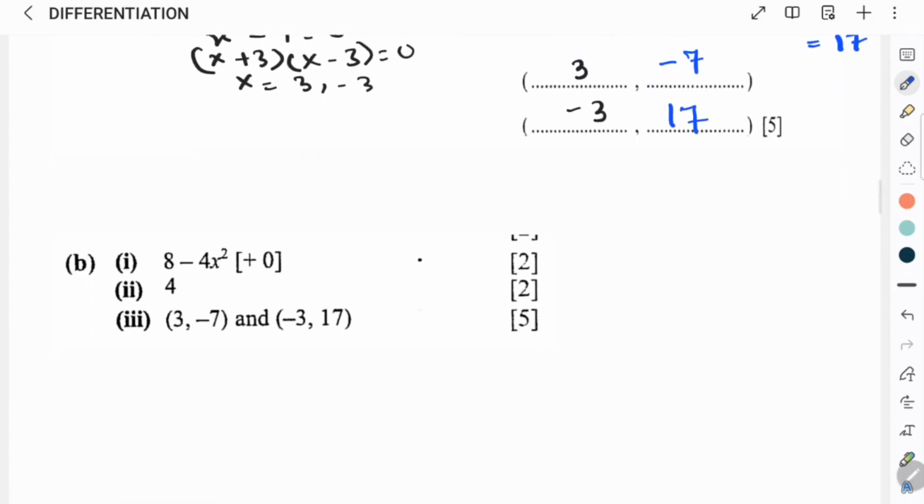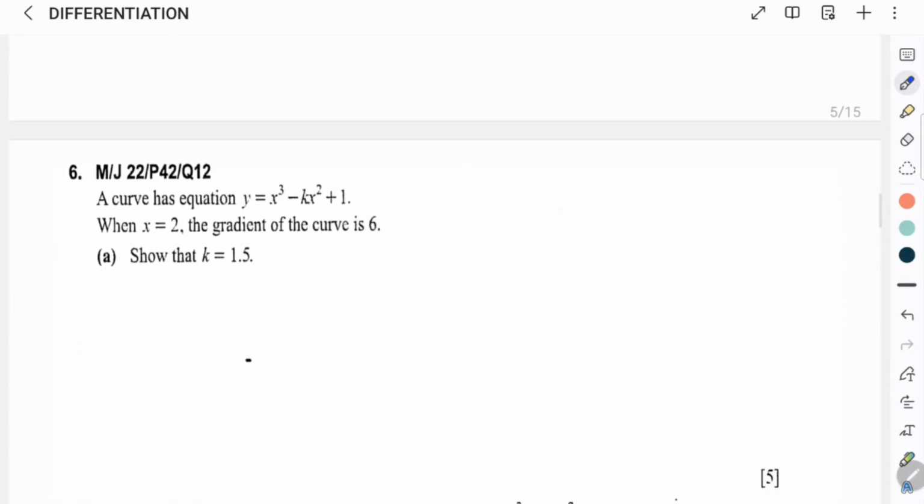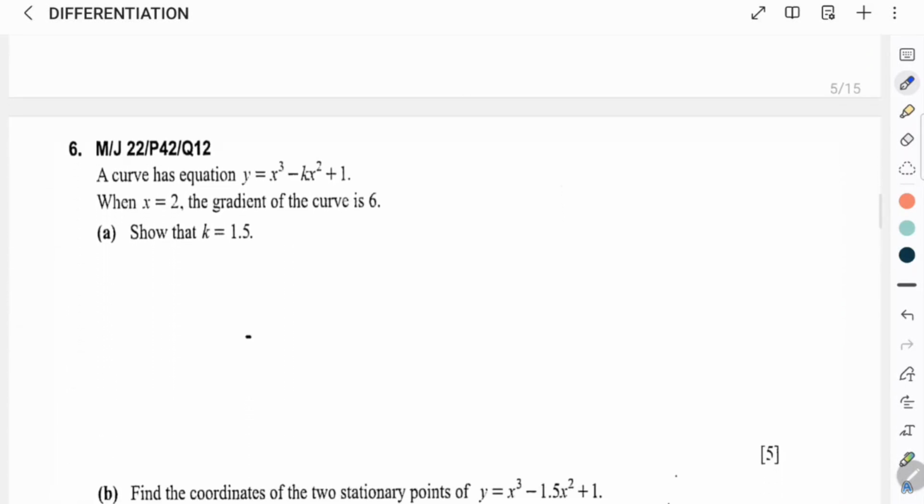Now let's do the next one. May June 2022 paper 4 2 question 12. The curve has the equation y is equals to x cube minus kx square plus 1. At x equals to 2, the gradient of the curve is 6. Show that k is equals to 1.5 or 1 whole 1 over 2 or 3 upon 2 in the form of mixed numbers. Okay, so right now we are finding out when x equals to 2, the gradient of the